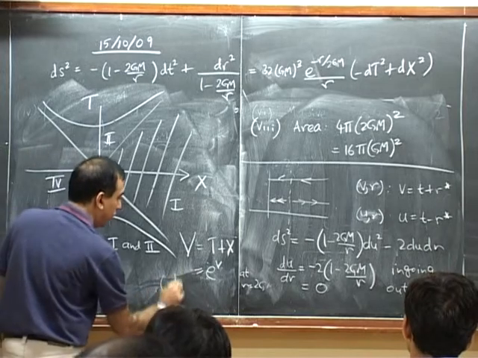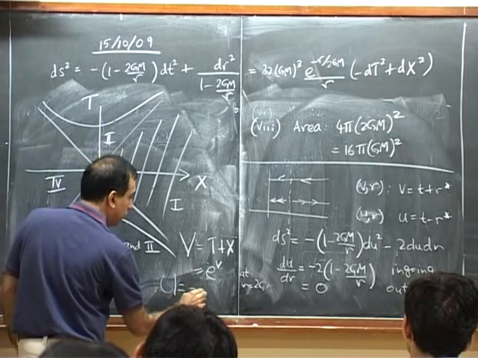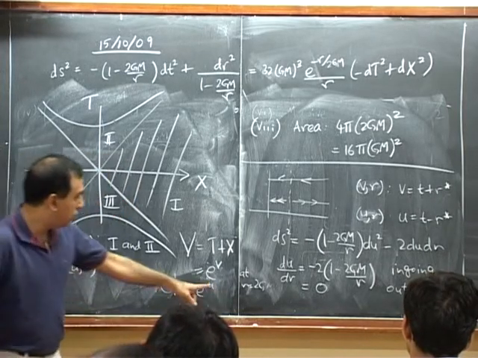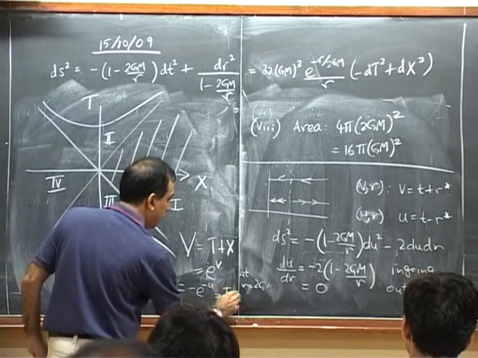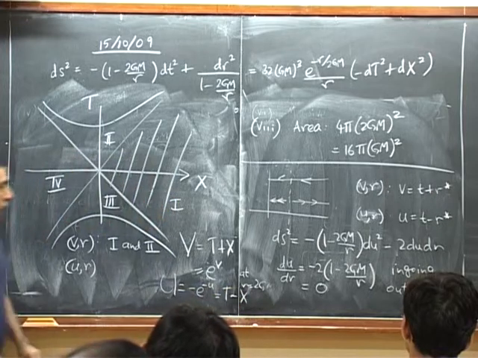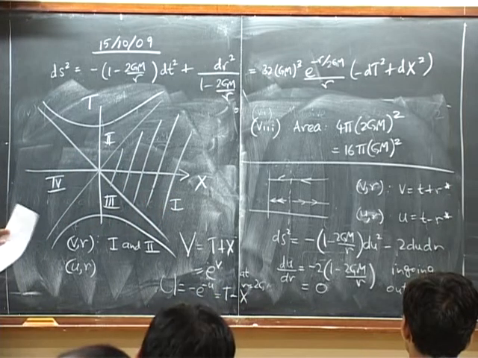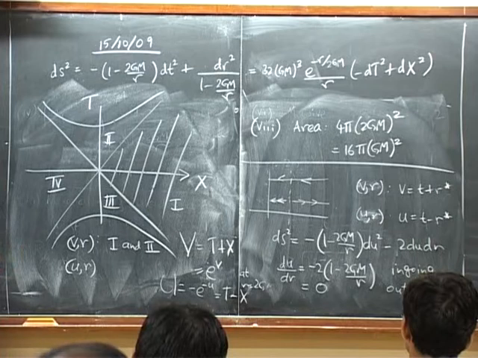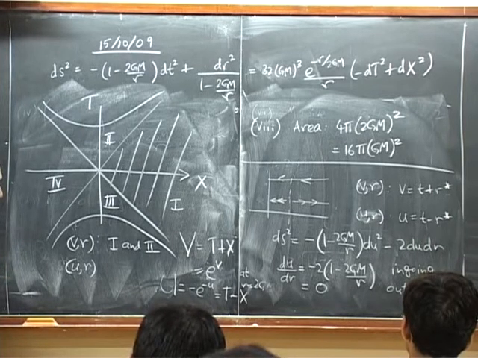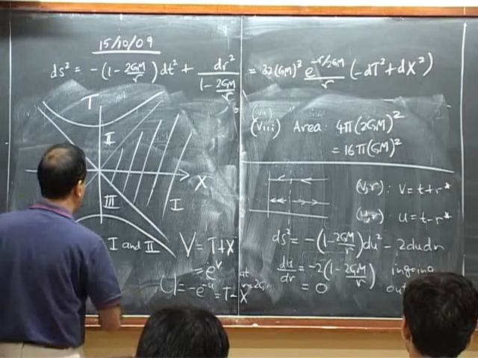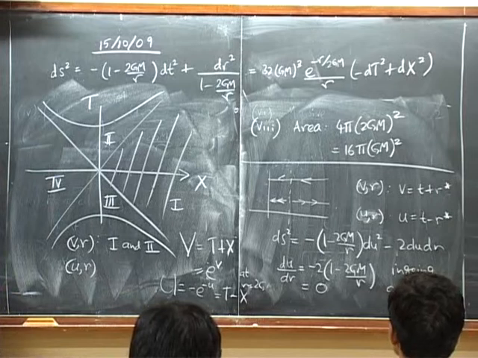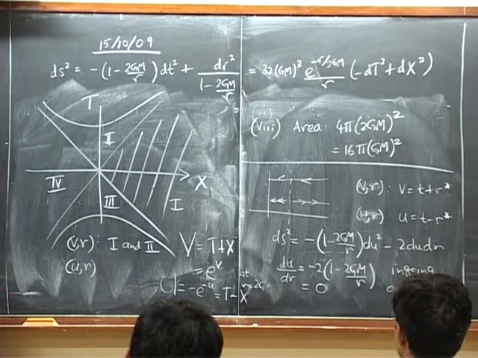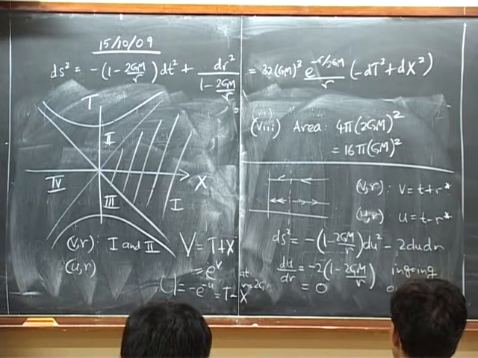The U coordinate, capital U of Kruskal, was minus e to the minus u. So if this coordinate is well defined, then capital U must be negative. But capital U was capital T minus capital X. So that says that X must be less than T. X must be greater than T. Sorry. T minus X is negative, so X is greater than T. Where is X greater than T in this diagram? Yeah, so regions 1 and 3, exactly.